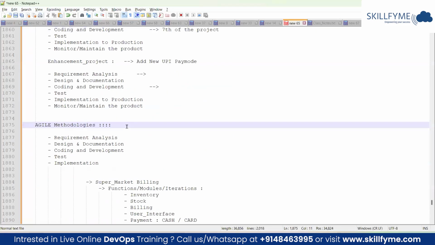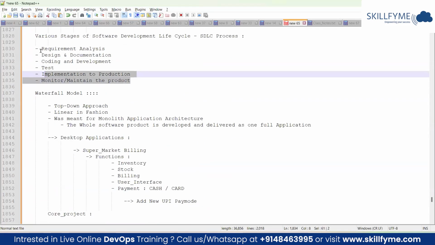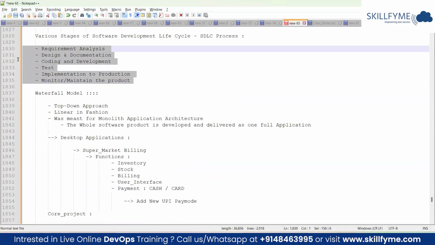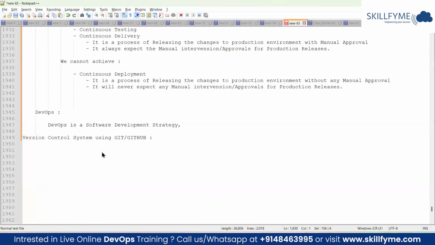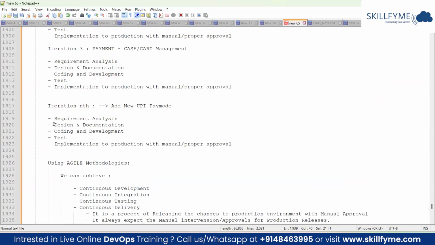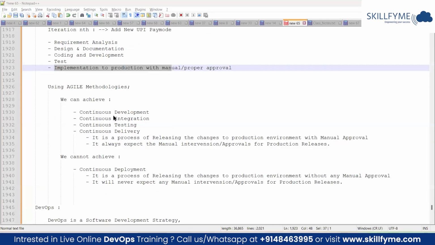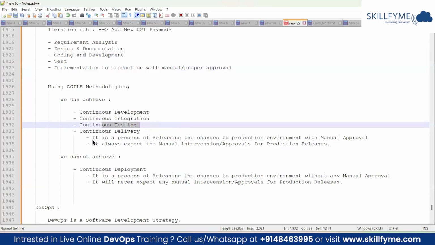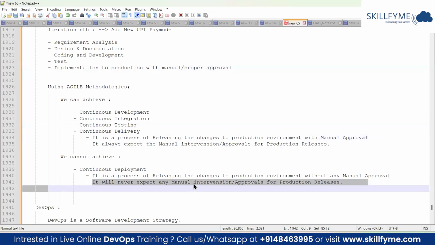This also follows all the stages of your SDLC, starting from design, code, test. All these activities will be done in DevOps as well. But how it happens, the process, is what matters here. If you can continuously develop the code, if you can accommodate new changes at any point of time, why can't you continuously deliver to the production environment? What is stopping there? When I say implementation to production with manual approval, it means all sorts of testing should be done there. Without testing, I cannot move anything to prod, right? If I can test it properly, why do I need this manual approval? Why can't I deploy to prod without any manual intervention?